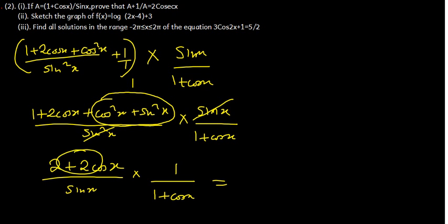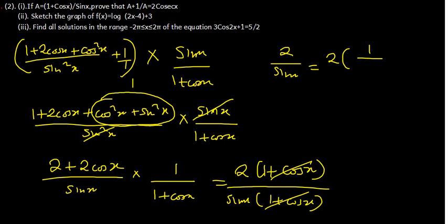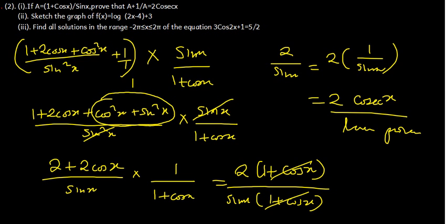So what I can do is factorize out a 2 on that one, so that will be 2 times 1 plus cos x, and then divided by, we have got sin x, and then I can multiply with this sin x, so that will be 1 plus cos x. So this and this cancel out, so we remain with 2 divided by sin x, which you can also say as 2 multiplied by 1 over sin x. Is the same thing. So this is 2 times the reciprocal of sin x, 1 over sin x means cosec x. So we have shown, or hence proven. Okay,